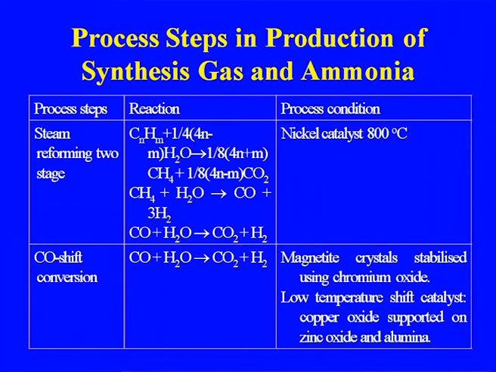The next process is CO shift conversion, where CO is converted to CO2, because this is a requirement for urea manufacture: ammonia and CO2. That is why in the fertilizer plant, because if you are interested in methanol production, then only up to CO and H2, the shift synthesis gas which we are making, will go for ammonia and methanol synthesis. But if you are interested in fertilizer, then some of the further steps which I am discussing will be required. One of the steps is CO shift conversion, meaning the conversion of CO to CO2.